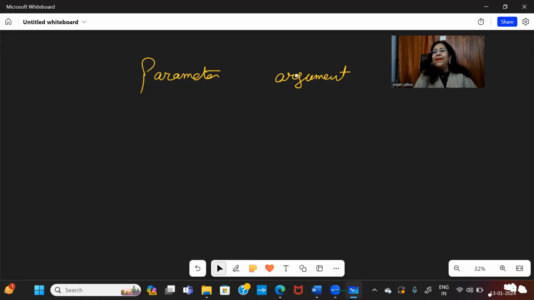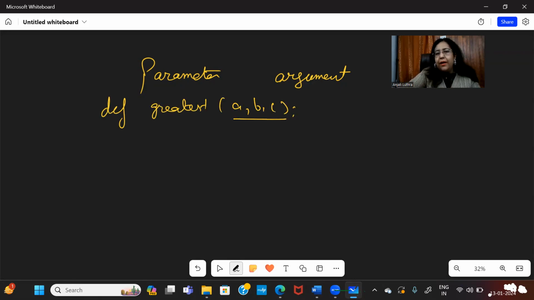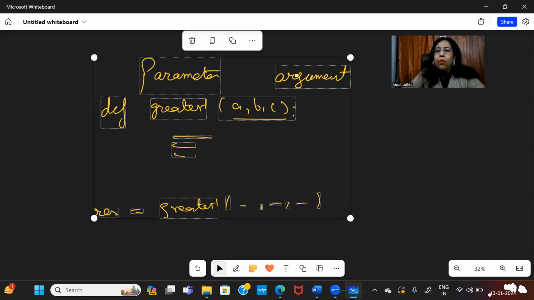So arguments की value pass होती है, parameters में value receive होती है, ठीक है? So example, def, अगर आपने कुछ भी लिया है, let's say greatest, और यहाँ पर आपने लिया है A, B, C, so these three are parameters. यहाँ पर कोड है जहां से आप इसको कॉल कर रहे हो, एंड वहां से आप जो भी पास कर रहे हो, whether they are variables or values, so those are arguments. So header में जो है वो parameter है, call में जो है वो arguments है. Okay,